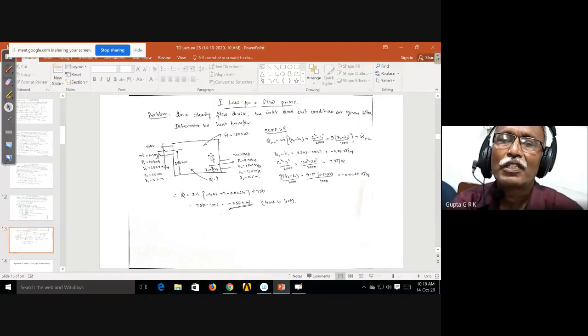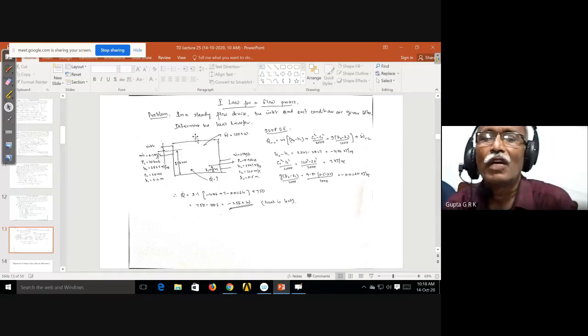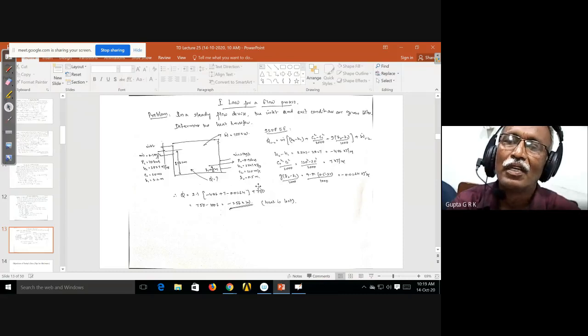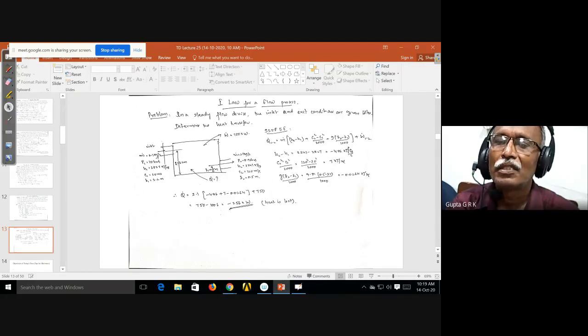And then the first law for a flow process. When you have a flow process, we have to see what are all the things that are given. Usually for a steady state steady flow problem, I will have heat transfer equal to m dot into theta 2 minus theta 1, where theta is the change in enthalpy, kinetic energy, and potential energy. In this, we have to see which are significant. If it is not given, it is not significant. If it is given, it is significant. If C1, C2 are given, I have to consider kinetic energy. And if Z1, Z2 are given, I have to consider the change in potential energy.